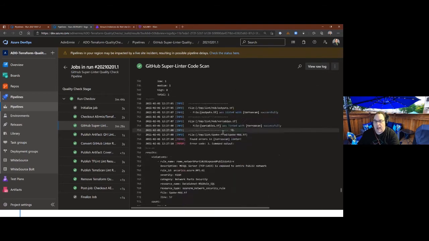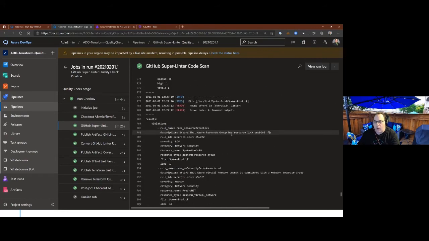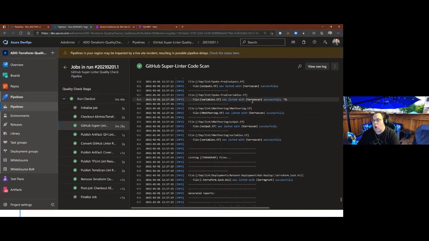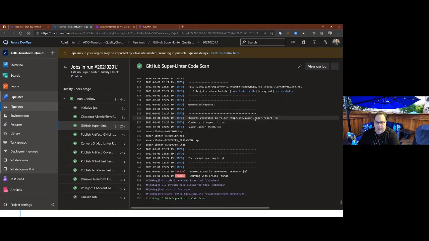And it basically loops through all the different linters based on the type of files that it finds. And at the end, we'll see here, it creates this superlinter.report directory. Within there, it produces a tap file for every linter that ran, subject to what it found in your code base. So obviously this isn't 43 different ones. It won't necessarily produce empty files, but if it ran a linter and it found something, it's going to create this tap file.